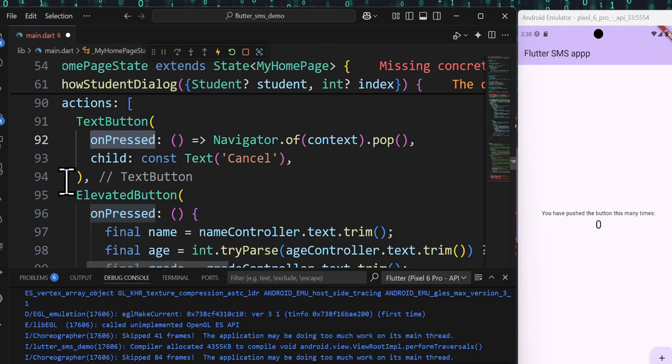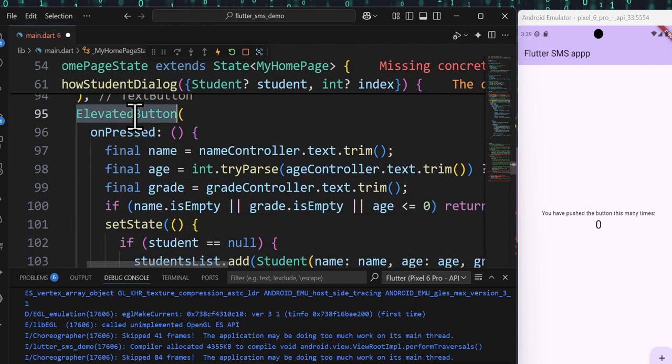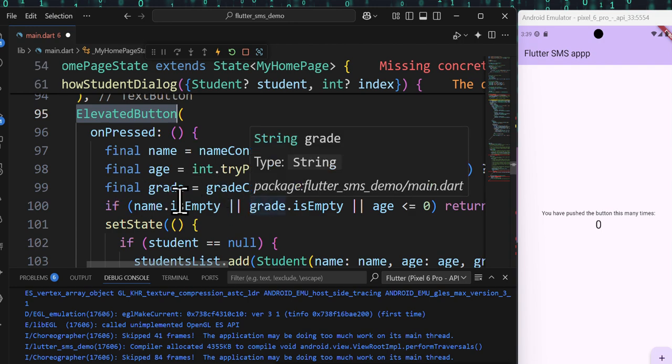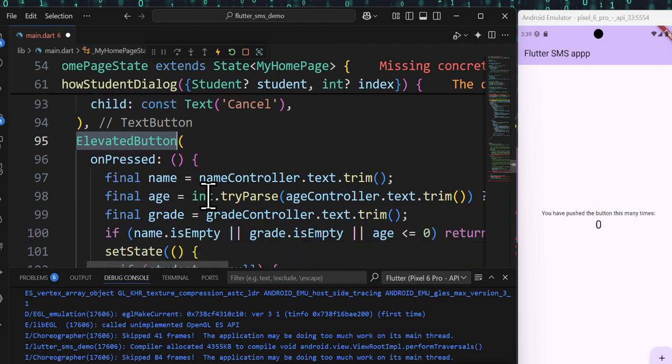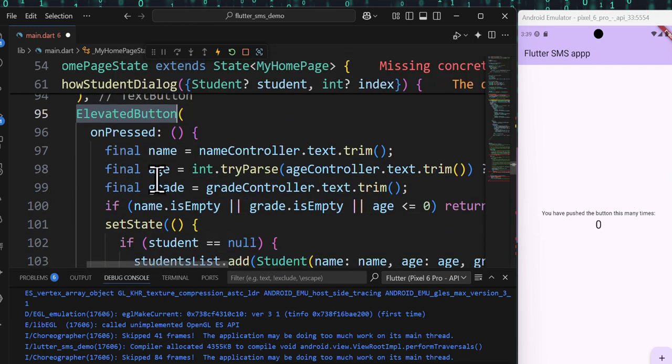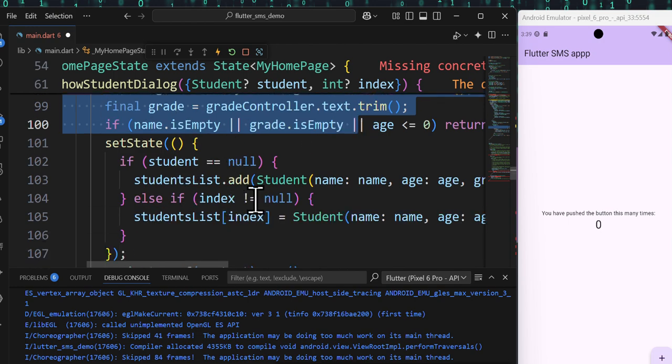So on press whatever, keep it in, and then remove that. Okay, and then I'll just create an elevated button which has to take a confirmation. Okay, once I confirm, because this is the cancel one, and this is for that submit one. So in this submit one, what I will do, if I press that okay or add, right? So if you add, I'll take all that input from that form controller, and then simply I am